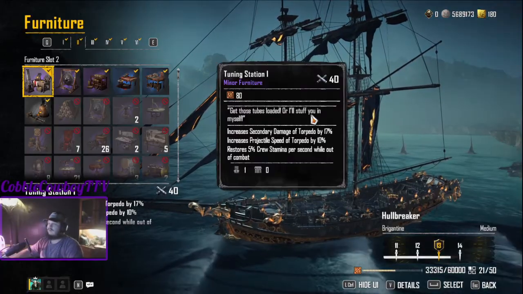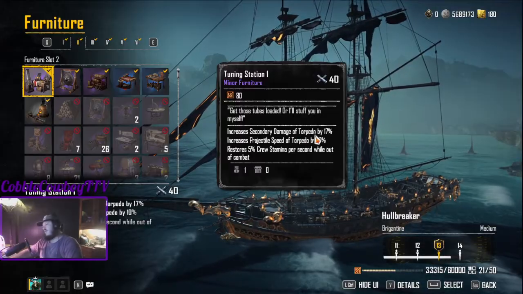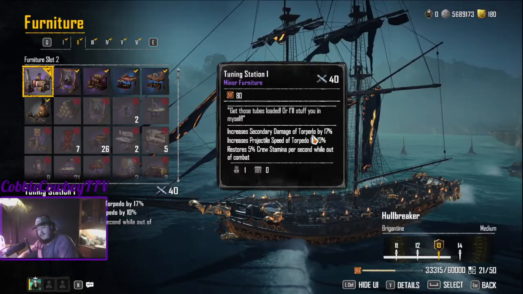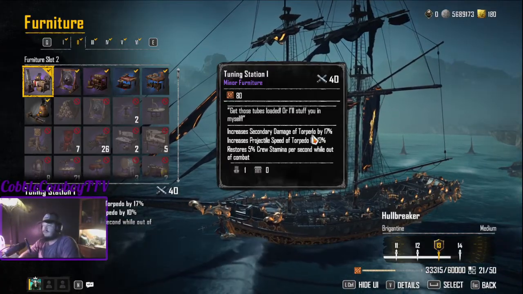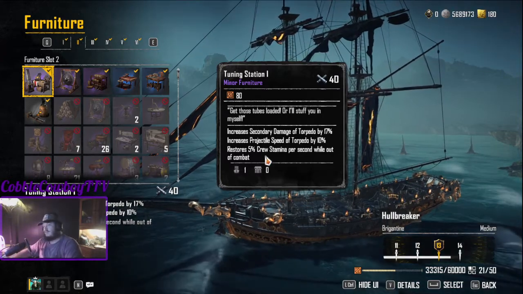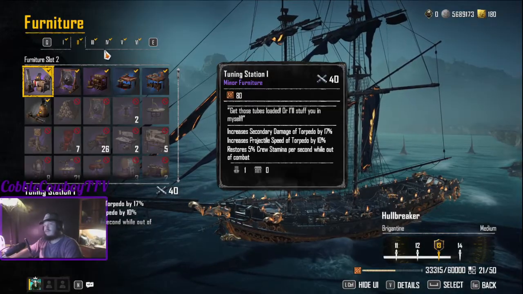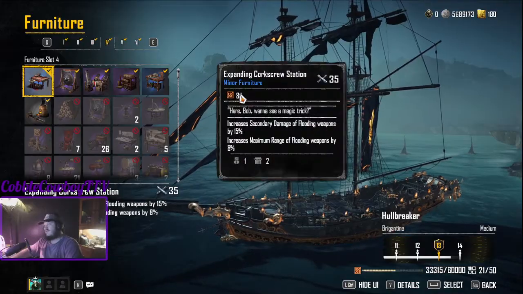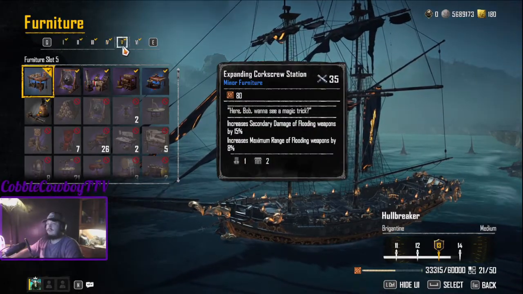To quote my favorite TikToker, pay attention to the secondary damage here. Remember back earlier when I said we're going with the Heavenly Lance, not because of any special trait that it has, solely because half of its damage is secondary damage. That's why we're rocking the tuning station here. Now, it does give us some pretty nice quality of life stuff, but check out the 17%. You get 19% secondary damage with the torpedo works,